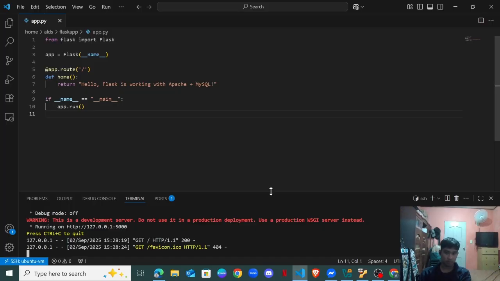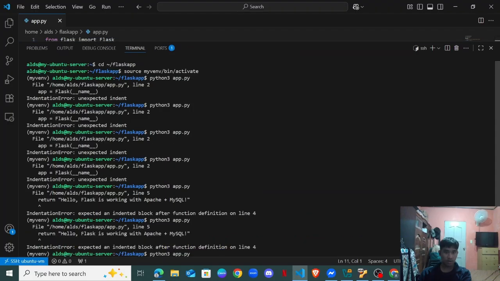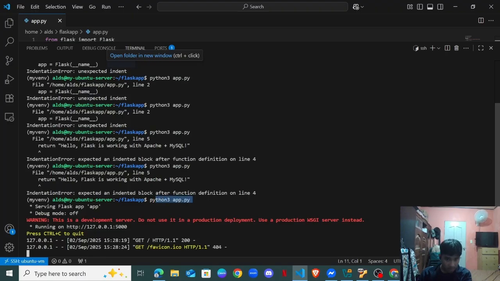And so before we did that, we gotta go back. First we did go to CD, go to our Flask app because that's where our file is. And then we did this one, up to source. So what we did was to activate our virtual environment. And I had a lot of errors configuring it out, but in the end, I typed in Python 3 app.py